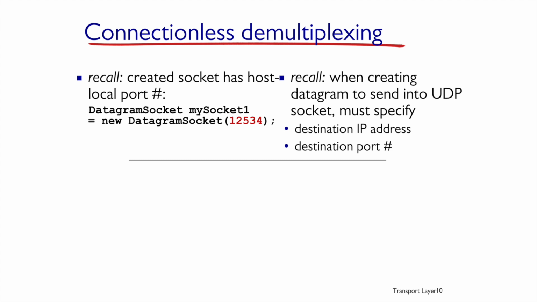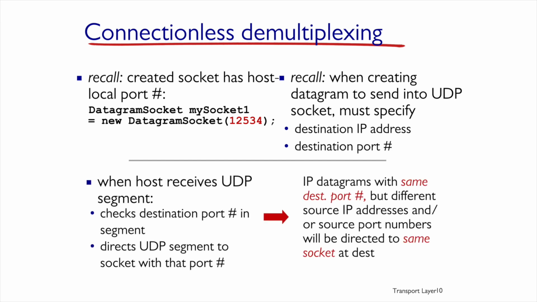When we created the datagram on the client side and want to send it to the UDP socket, we'll need to define the destination IP to reach the host at the other end. And afterward, the destination port, which will say to which process the datagram belongs, because we said every process listens to a specific port. The interesting question here is what will happen to 2 messages which have the same destination IP, the same destination port number, but different source IPs. That is, they came from different hosts. In a datagram socket or UDP, the 2 messages will simply be sent to the same socket and get to the same process.